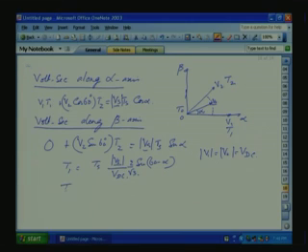Similarly, T2 will be equal to Ts into Vs divided by Vdc into 2 by root 3. Again, the denominator sin 60 comes, and it will come to sin alpha. This is the equation. So, in a sector,